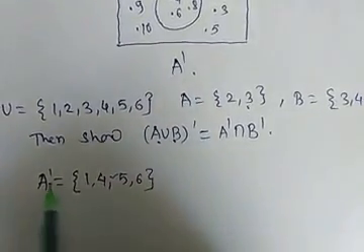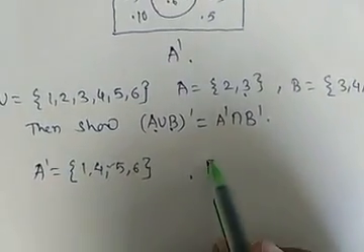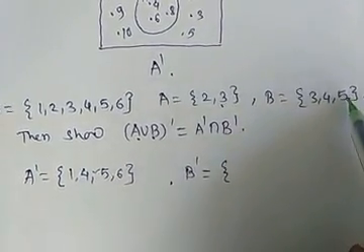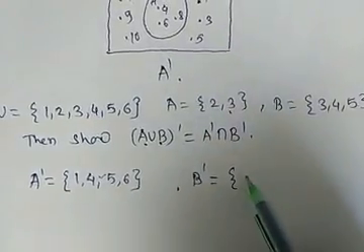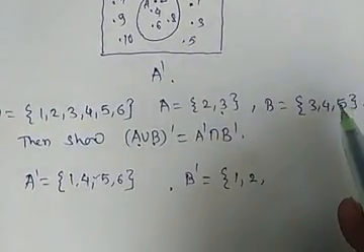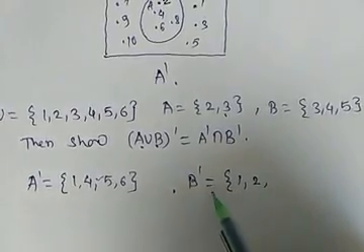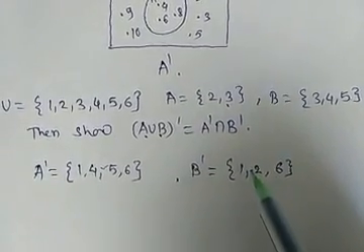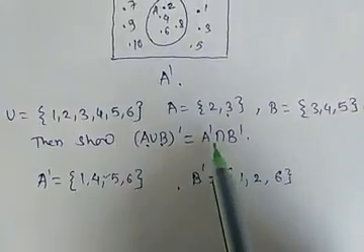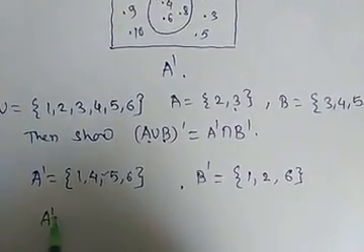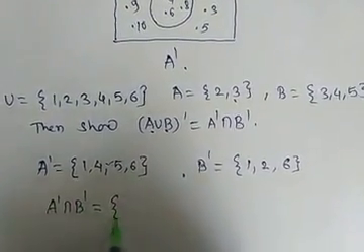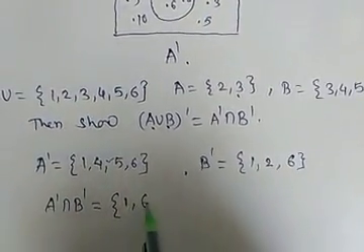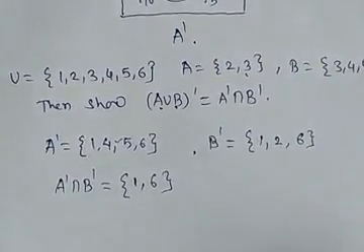Okay, as A complement. B complement is equal to, for B complement, we have to delete these 3 elements from U. So 1, 2, 3, 4, 5, of which 3, 4, 5 are present in B, so we don't write them in B complement. So it is 1, 2 and 6 that will be present in B complement. Okay. Now here A complement intersection B complement: the common elements from these two are 1 and 6. Okay. So A complement intersection B complement is equal to 1, 6.